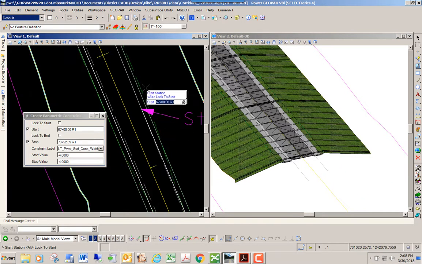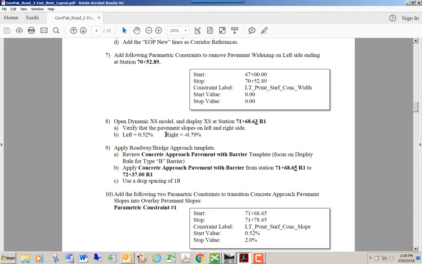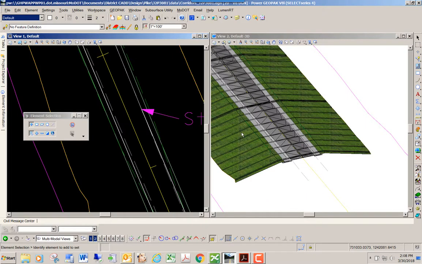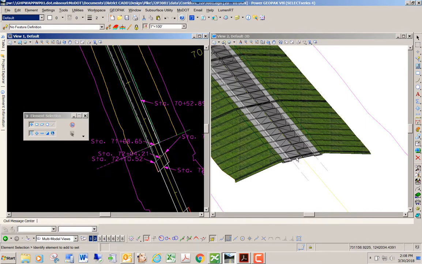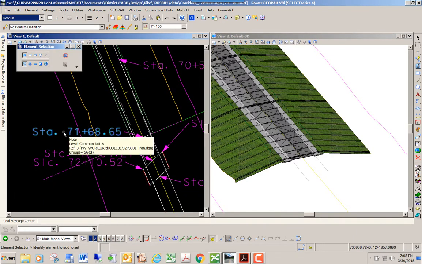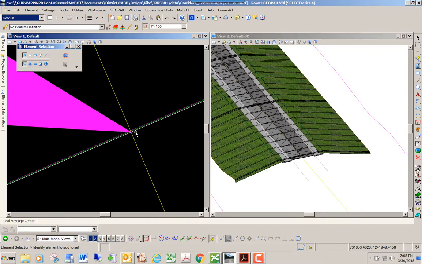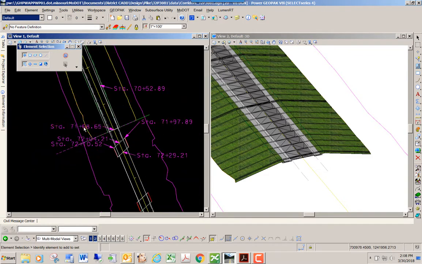Okay, so I'm going to hit F4 to get out of the tool, and I'm going to go back to the manual. So now it says let's open up a dynamic cross-section model, and we're going to check the cross-section display at station 7168.63. Because what we're trying to do is verify what the slopes are there, because what's going to happen is that station I believe is right here. This is, let me get the dialog out of the way, 7168 and this is 65. We're going to go just shy of that and go at 63, and we're going to see what the slope